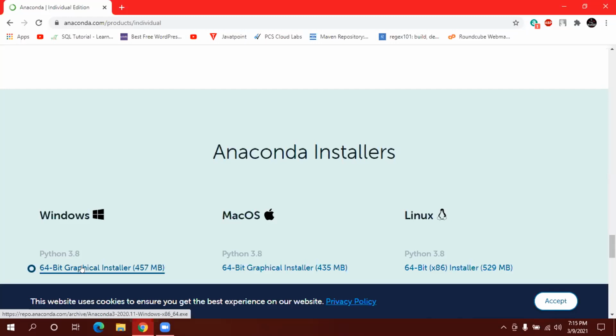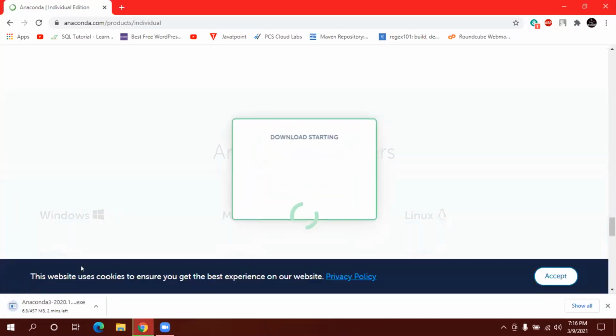3.7 is the latest stable version. Actually it went from 3.5 to 3.7, then upgraded to 3.8. If you have installed 3.9 now, you can use it, but in future some issues may occur, or you will find that code should work but is not working, because some inbuilt bug is happening. Python 4 is coming, and it would be a major upgrade. So don't worry, if you are using 3.9, let it be. But if you are using 2.7, 2.5 or 2.9, just remove it and install this. Now click on this 64-bit graphical installer. It takes time.